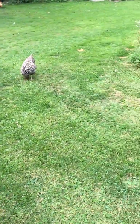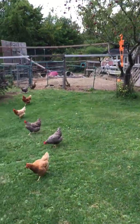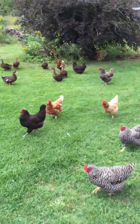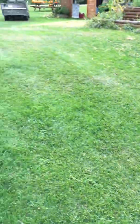So it's perfect fertilizer. So if you've got chickens, do think about letting them out in the fall and in the spring just to roam around for a few days. Then put them back up, give the lawn a breather for a week, mow it, do whatever you want, then let them out again. I mean, I normally don't let them out in the middle of the summer, only because